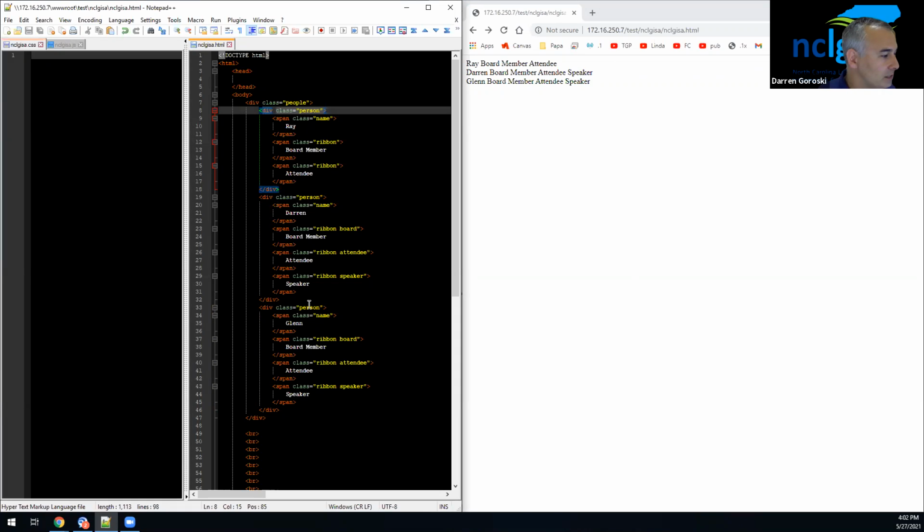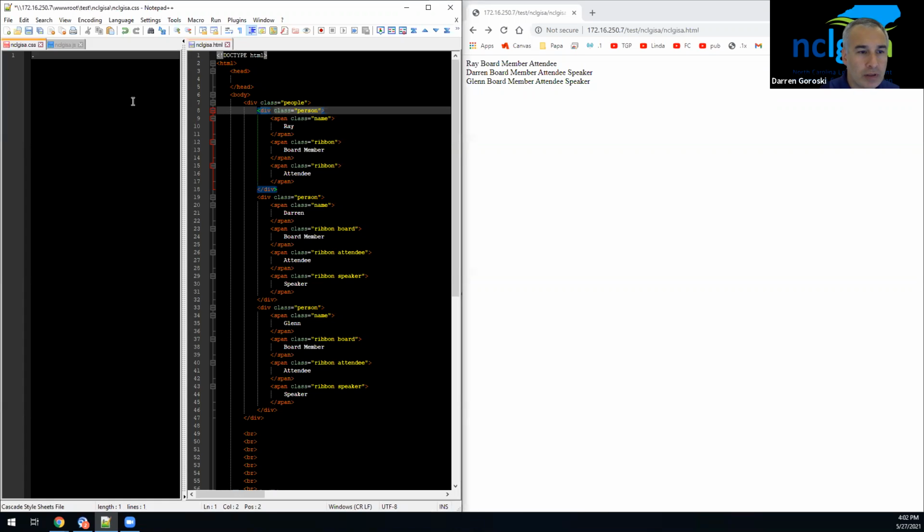So now this is where CSS comes in. This is where I can take a very bland looking list like this, and I can make it look very similar to what we have on the other website, on our agenda website. The first thing I want to do is, if there's a person, I want to put some space above and below. So CSS, which stands for Cascading Style Sheets, you do it with this dot notation, and you say,